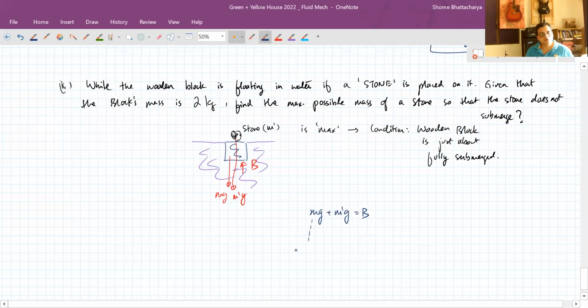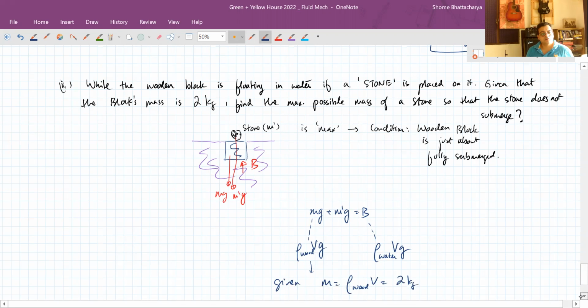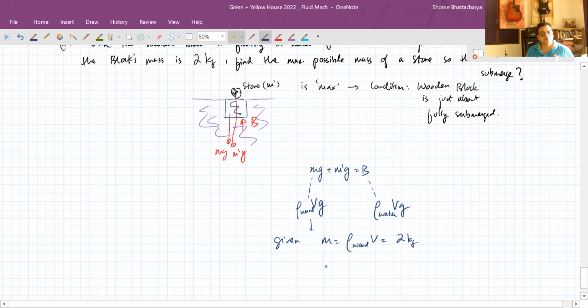Now this is equal to density of wood into its volume into G, and this is equal to density of water into the full volume into G. Okay. So now since this is given to us, the density of wood into volume is 2 kg. Therefore, we can see that the buoyant force